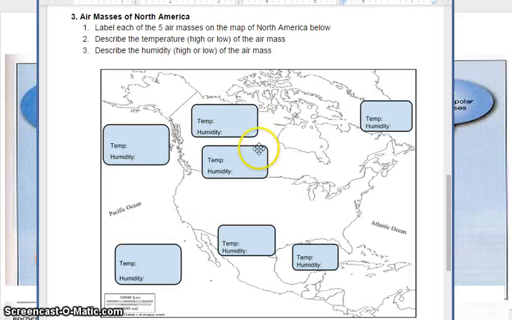So now on the back of your handout, you should be able to label the different air masses of North America. Alright, so I've got 1, 2, 3, 4, 5, 6, 7 different air masses that affect the United States, and you need to explain which ones affect us. So for example, I showed you this